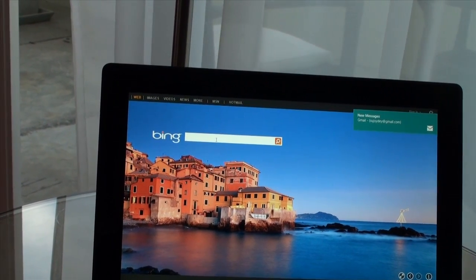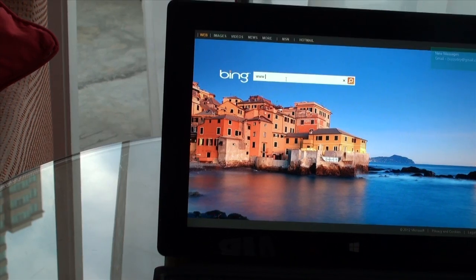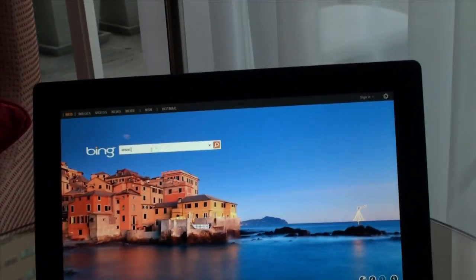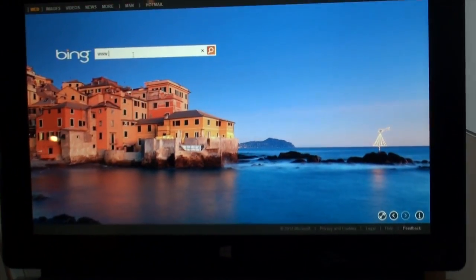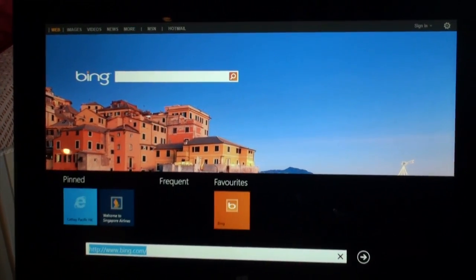actual IE page. And now here what's happening is, they've defaulted it to Bing, but I'm sure there's a way you can customize it to connect to some other service provider. I think it's just a matter of changing what your home page setting is on the browser. So I'm now using